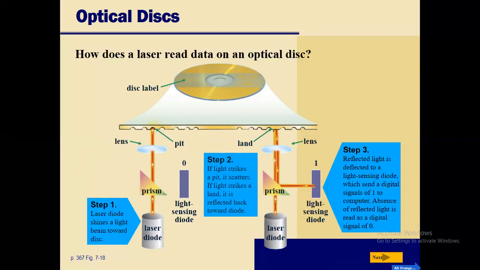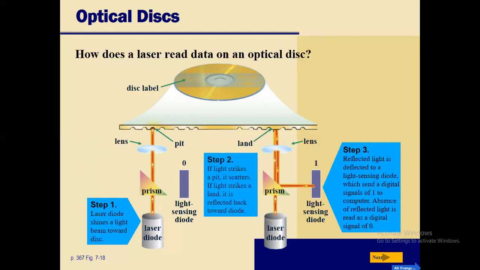So this technology is used in the compact disc, which records sound, and in the CD-ROM, which can store text, images as well as sound. And there is write once read many ROM, a type of disk that can be written on once and read any number of times, and newer disks that are totally rewritable.